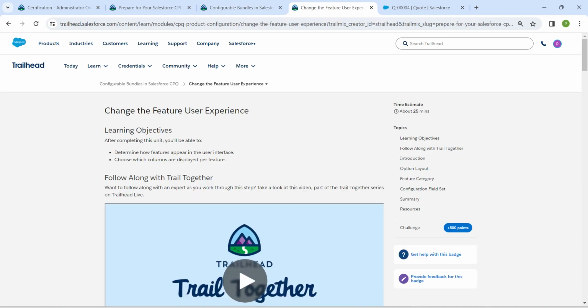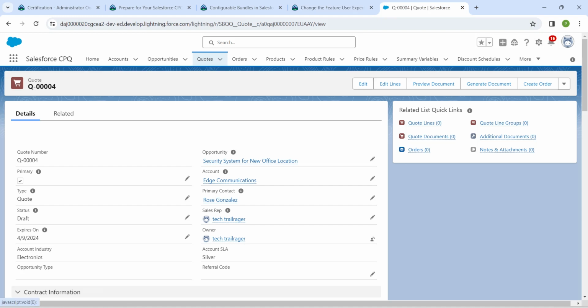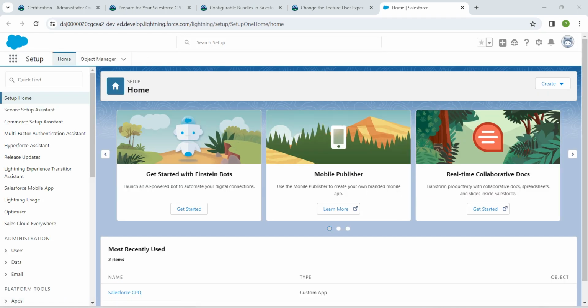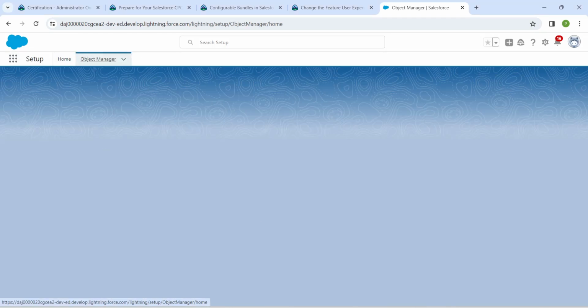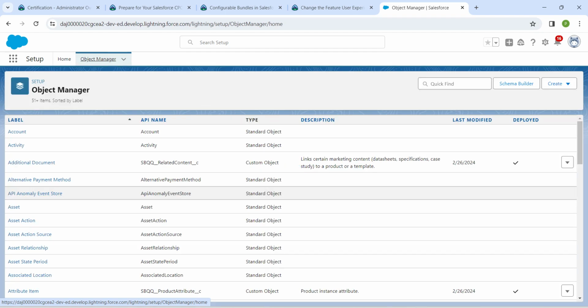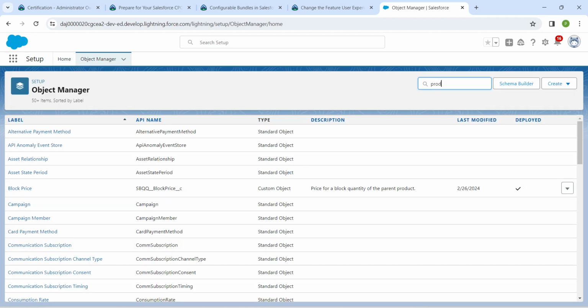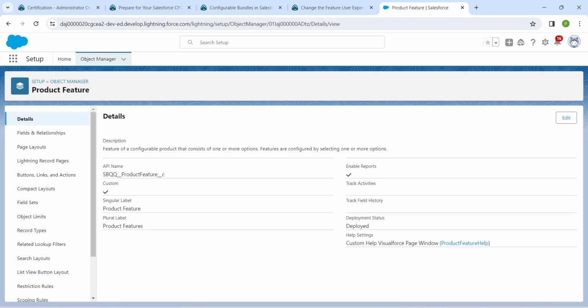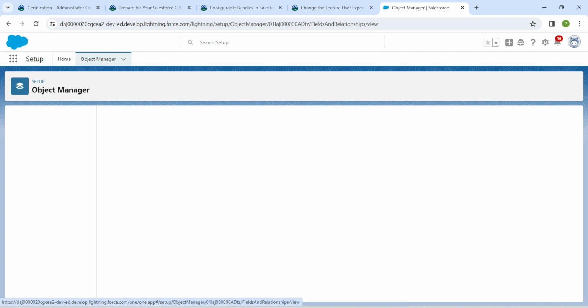So once you launch your playground, let's click on this gear icon followed by setup. So here we are going to choose object manager. So in quick find, let's search for product feature. So once you get the result, just click on it. So here we are going to choose fields and relationships,